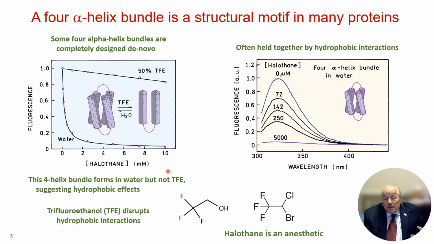Typically, they're held together by hydrophobic groups. So what happens in this case in water, which doesn't like the hydrophobic groups, the 4-helix bundle sticks together, and when it does, it leaves a hole in the middle for halothane, which is an anesthetic. And that anesthetic